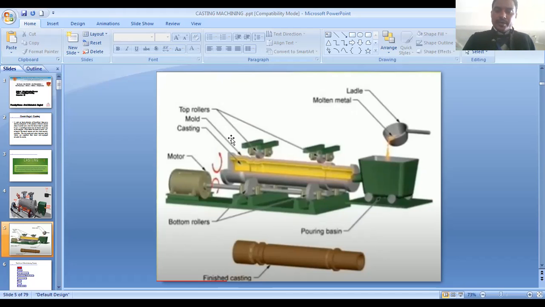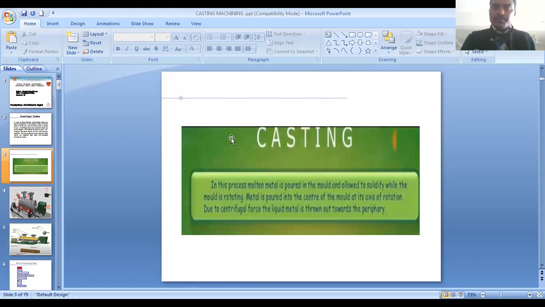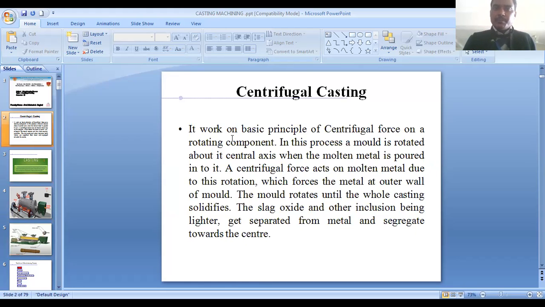So my dear student, you can understand the centrifugal casting. I hope you can understand the centrifugal casting. centrifugal casting क्या होती है और इसका पर्पस क्या है। आपको सबसे पहले इसमें ये समझना है कि the basic principle of centrifugal casting is on the centrifugal force, and the centrifugal force act due to the rotating component. अब इसमें rotating component क्या है, mold is a rotating component. जब मोल्ड रोटेट करता है तो सेंट्रीफ्यूगल फोर्स एक्ट करता है।